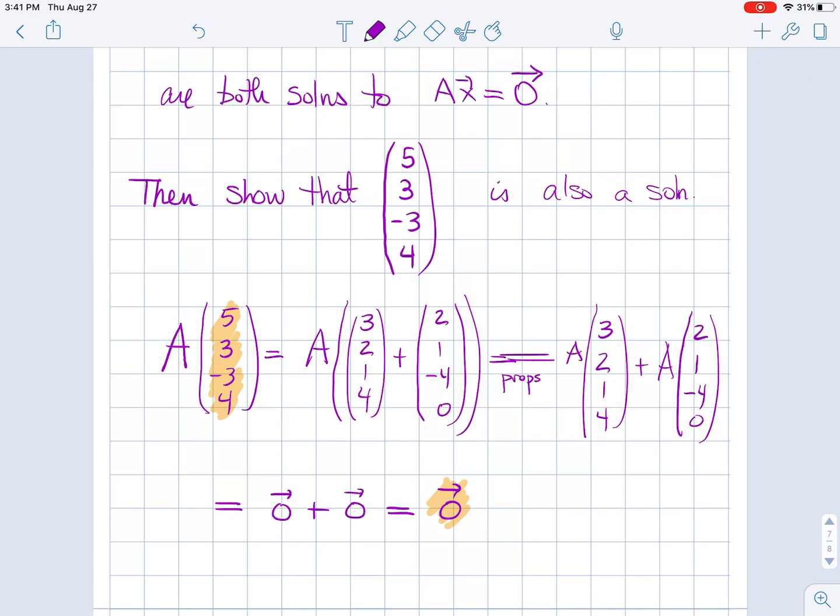It shows that once we have two solutions to this equation, we can add them together and get a third. And if you think about that other property, if I multiply that solution by 5, I'm going to get another solution. I could multiply this by any scalar, and it would still be a solution. And so this is something called a vector space. We're going to see that this is a structure that happens a lot in mathematics, and we're going to study and learn a lot more properties about it. But for now, I will close this video and